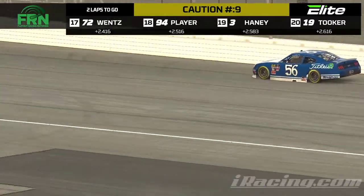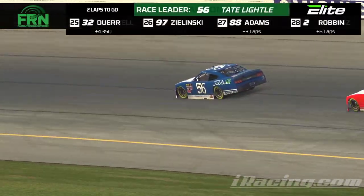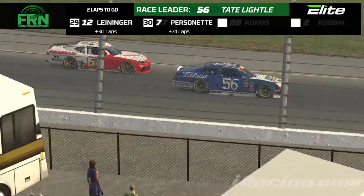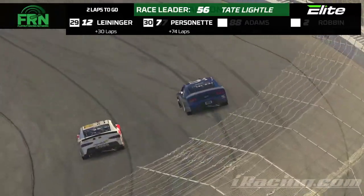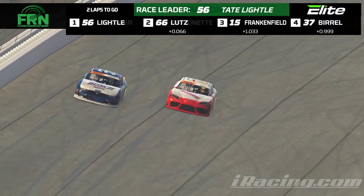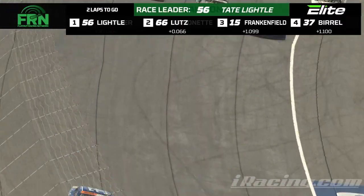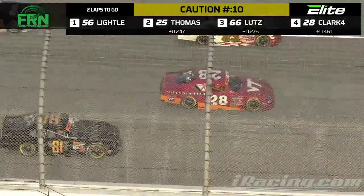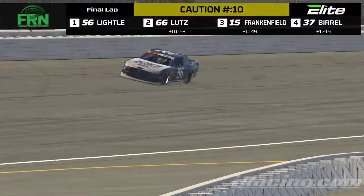Three wide, almost four wide going into turn 3 back in the pack here. Lytle says, keep it straight, guys. Keep it straight. Here comes Ryan Lutz. Big run through 3 and 4. Three wide off of turn 4. They get four wide off of turn 4. They come up stripe, and Tate Lytle is going to stay in the lead as the caution comes out yet